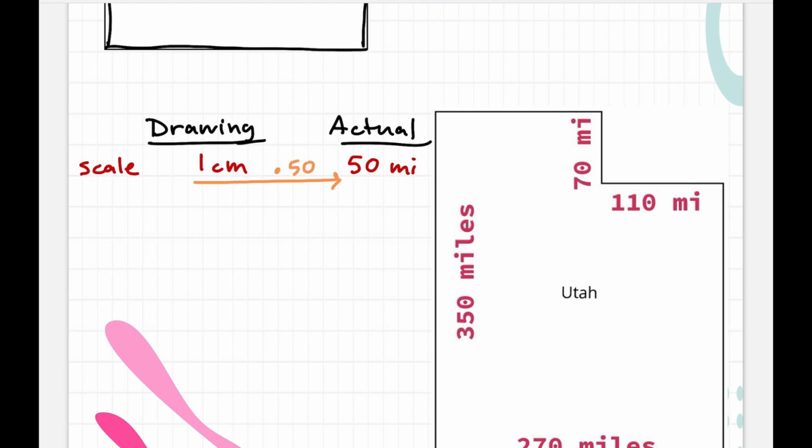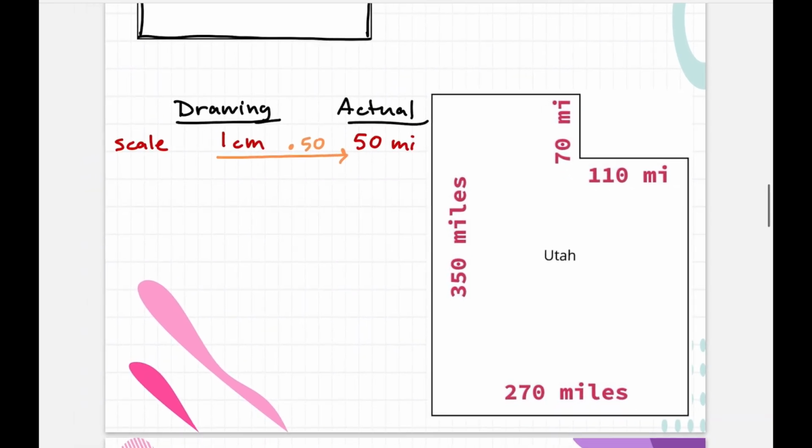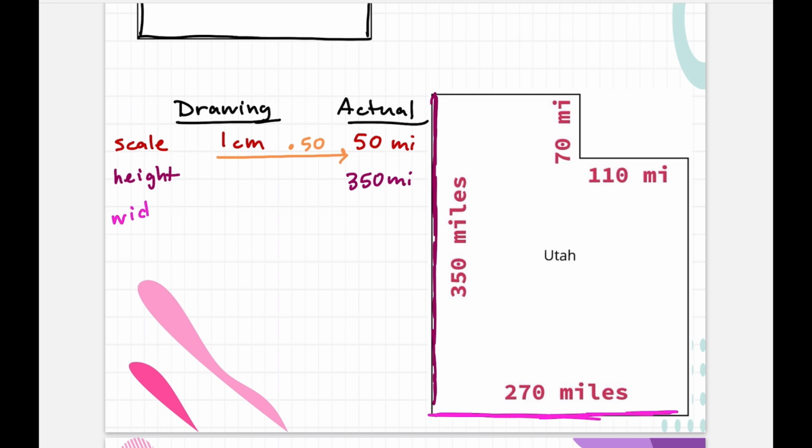Now we can start listing all of these other measurements that we see, like Utah is 350 miles tall. So this is going to be the height. And the height, the actual height, is 350 miles. I don't know how long that's going to be in the drawing, but that's one thing I need to find out. The width of Utah is 270 miles. So I'm going to label that. The width